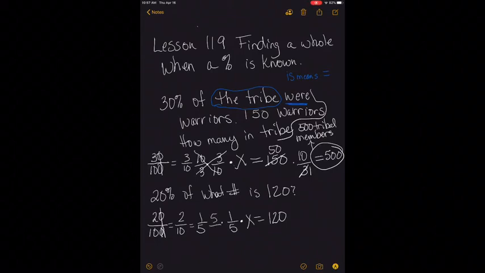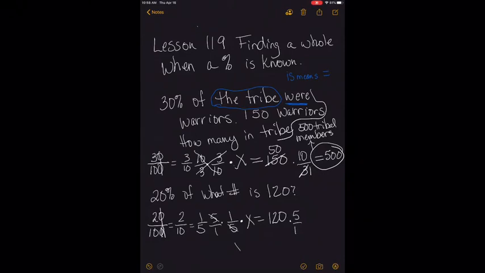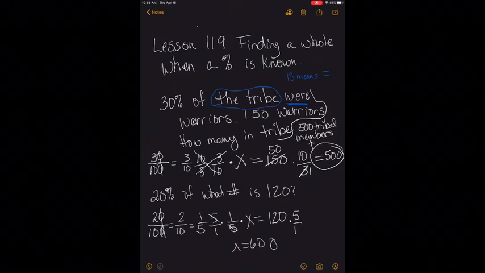Well, now that we have our equation, we know that we need to multiply by the reciprocal to get a 1 in front of the x, and then multiply this side by the reciprocal. So 5 times 120 is 600. I would like for you to do the